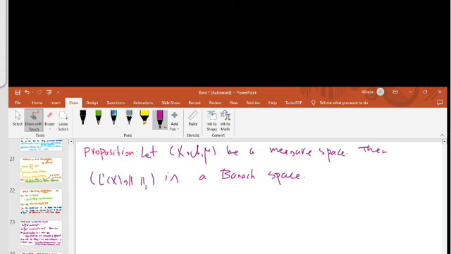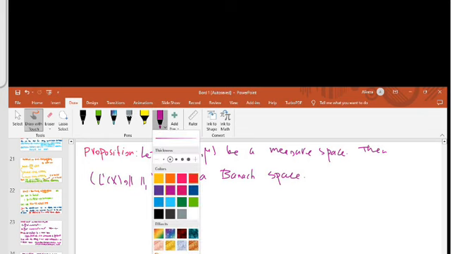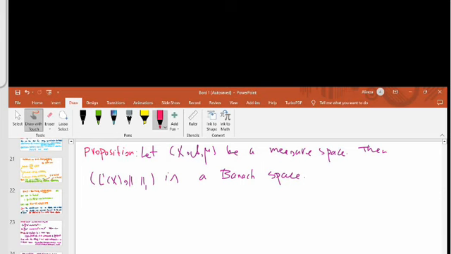But we want a Banach algebra. For an algebra we need a multiplication on L1. For this, let X be a group, such as G. Okay, we consider X equal to a group G,